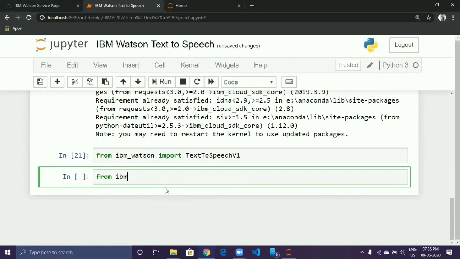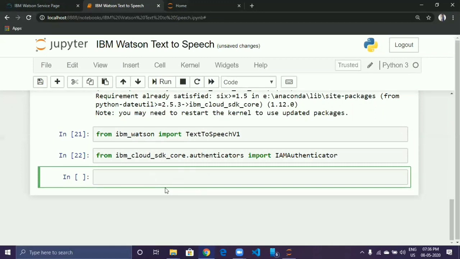From ibm_cloud_sdk_core.authenticators import IAMAuthenticator.